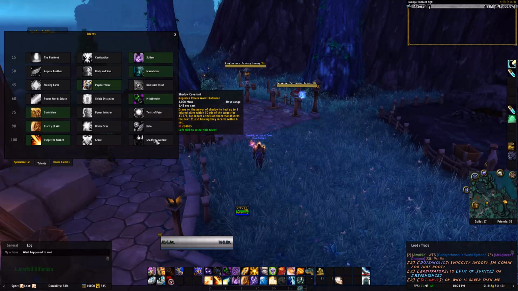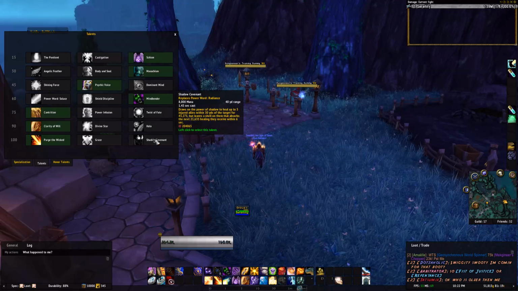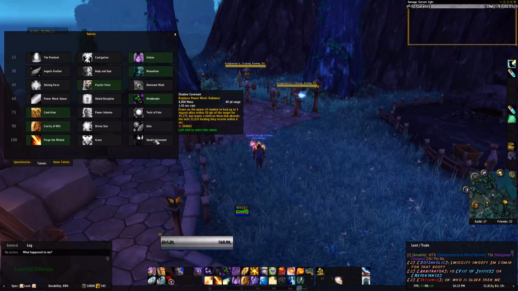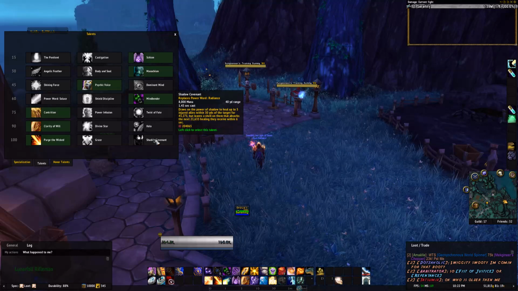Shadow Covenant replaces Power Word Radiance, which is a new AoE spell. If you're doing 5-mans, I would recommend this because you can heal the entire group. Raids aren't that bad either. It's beneficial. The only downside to this spell is that as it does heal, for 6 seconds afterwards, you're going